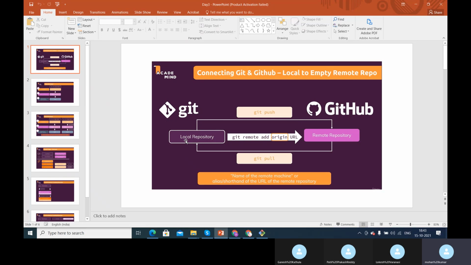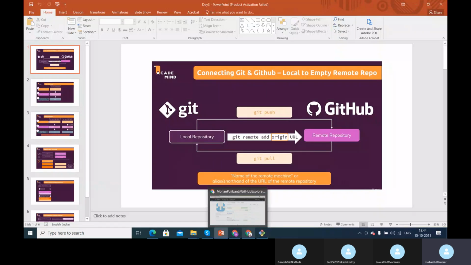Okay, so now let's carefully understand. The target now is to get the data from the remote repository that we have created, whether it is a new branch or a new commit that we make on the remote repository, and bring it onto the local repository. That is something we are going to do now. So we have done git push from the local repository to the remote repository. We created two branches, one is the master branch and the other is the future branch. We have successfully pushed both to the remote repository.